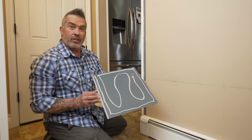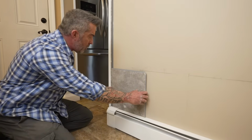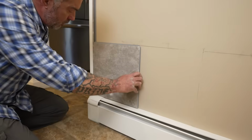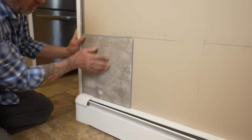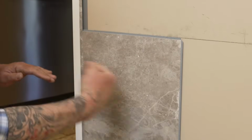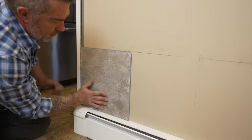Got the glue applied to the first tile, and we're going to go ahead and put it in. So it's important that we work this all the way down, flush to the bottom, and then we work it all the way in to the channel. Now we have a J channel trim already installed here. We're going to push it all the way into the trim, make sure we're down level to the surface. Working it into the channel, maintaining the level line, apply full pressure to the tile, and that's our first tile